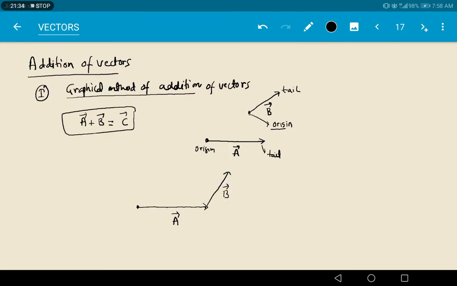Okay. Now finally, if you add the two vectors, then we are going to get a bar plus b bar. If they are given the same, a bar, b bar, then the same way, add the origin of the second vector to the tail of the first vector. Therefore we are going to get c bar is equal to a bar plus b bar.